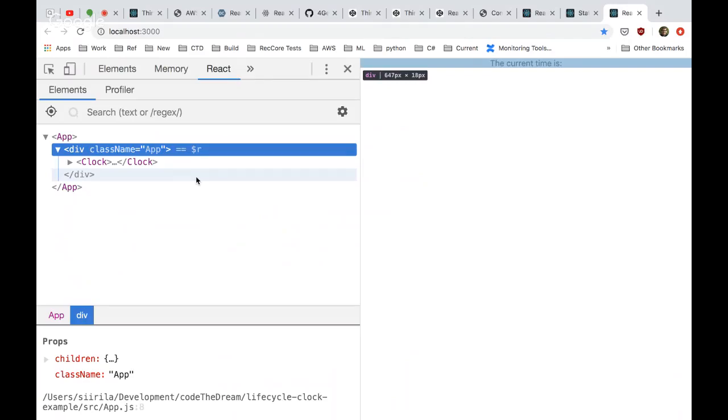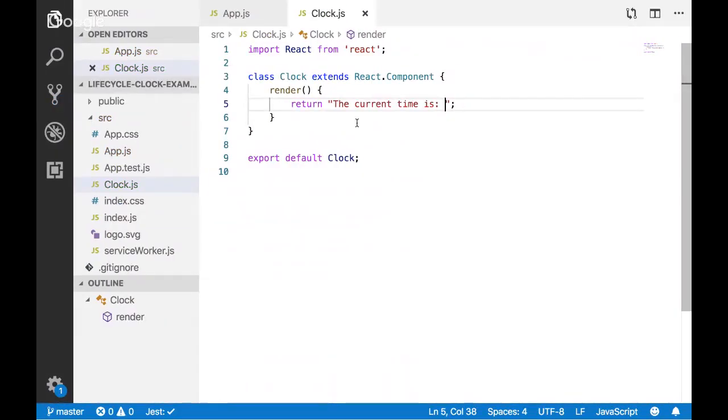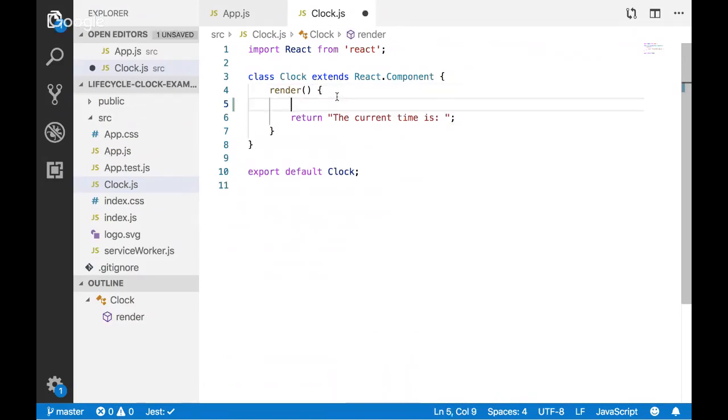So the next thing I want to do now, I've got a basic clock. It's returning something, but it's not actually rendering the time at all, right? So maybe I can figure out how to render the time. Well, one way to get the time in JavaScript is from the date object. This should be a pretty simple process in terms of getting ourselves a date, where we do new Date. So that should give us the current date.